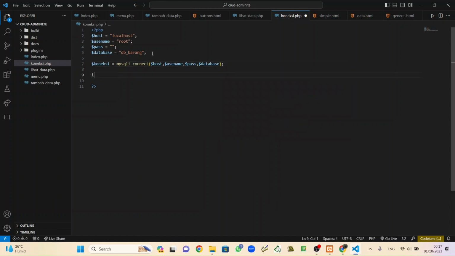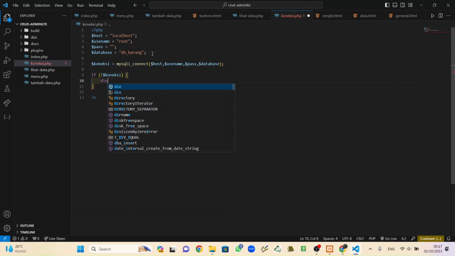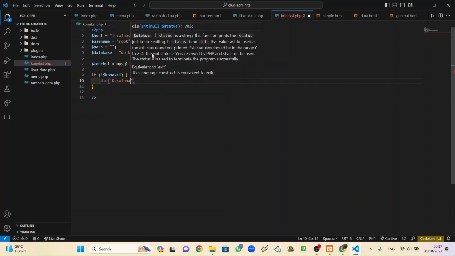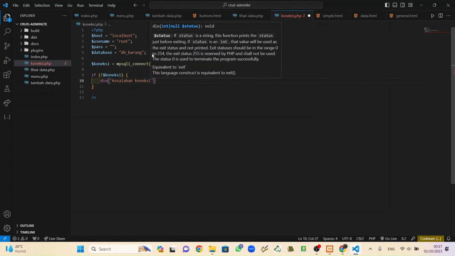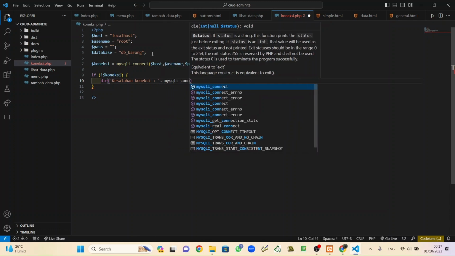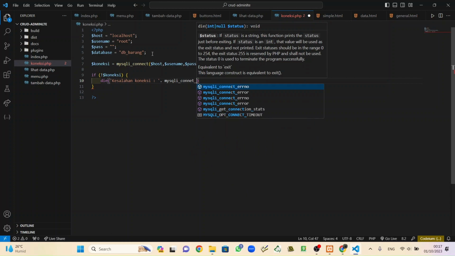Okay, and the condition: if the connection is not connected, put a die and "Kesalahan koneksi" dot mysqli_connect_error.